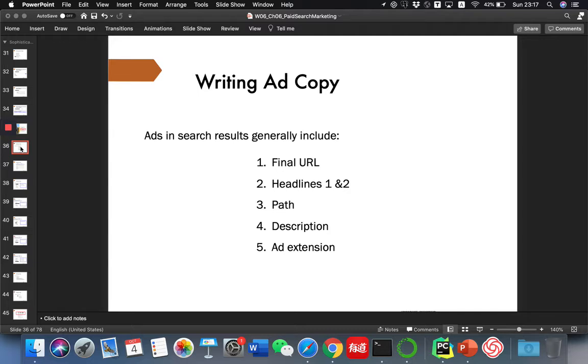Since we are talking about Google search or search marketing, here the ad copy means how to construct a good ad appearance on the search engine result page, right? So how to make good use of the limited space to illustrate or to showcase the information, the specific value you're offering, right? So how about the unique value proposition and why the viewers should make a click on